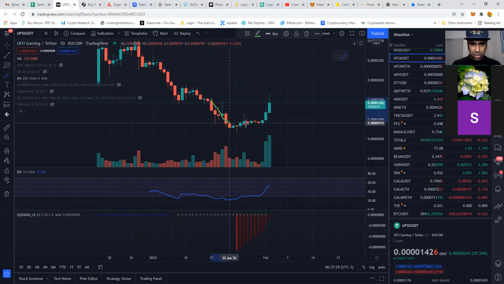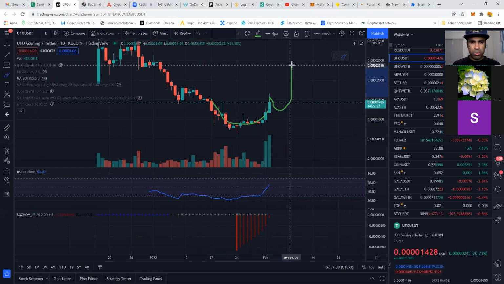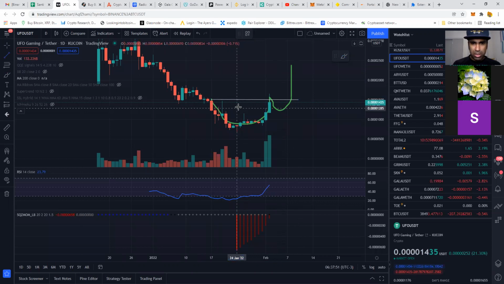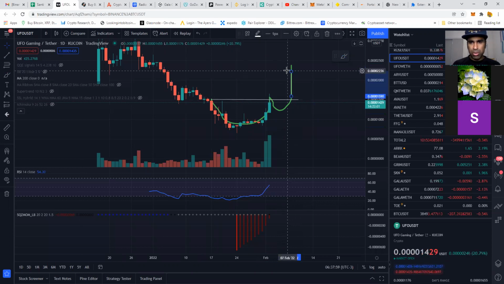Then we might see a bit of a correction, and then it could pump from there. This is a cup and handle pattern, I think you've heard of that. So the depth would be that, and then you can clone that and put it over there, and from the breakout point, it could go back up to like